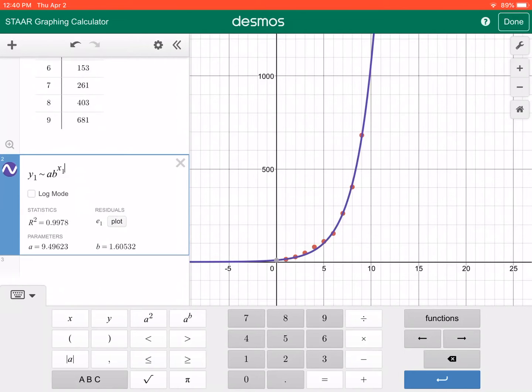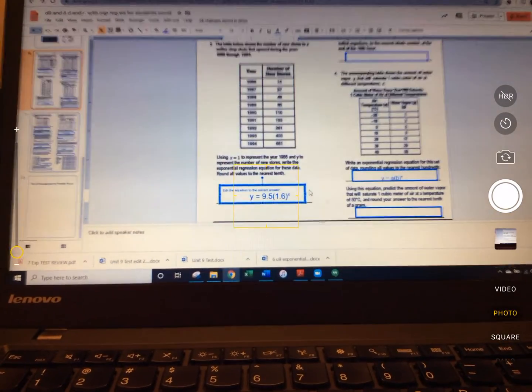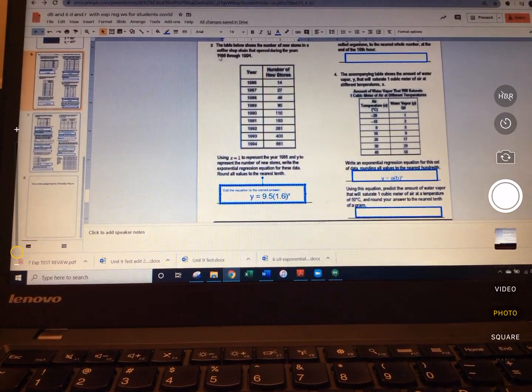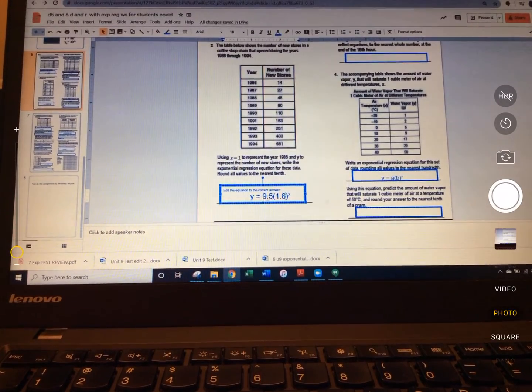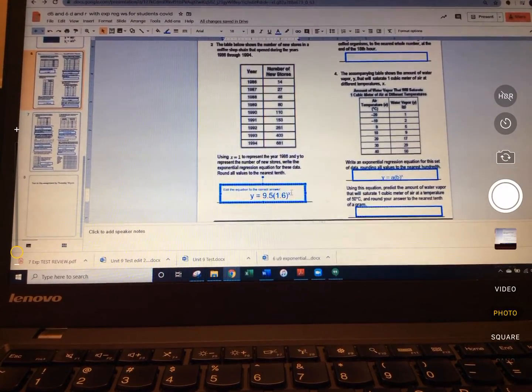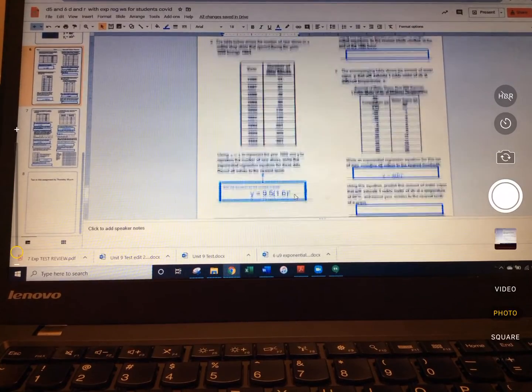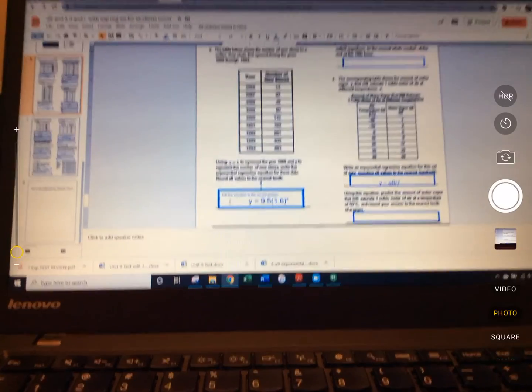So what I did is something you should be doing. Let me show you right now. Here it is. On your document, your answer document, you're going to go click on, this was number 2. You click on the answer box, and you change the A and the B value. And I already have to the X power for you so that you didn't even have to worry about how to get that exponent. For those of you that would like to know how to type an exponent, if you have,